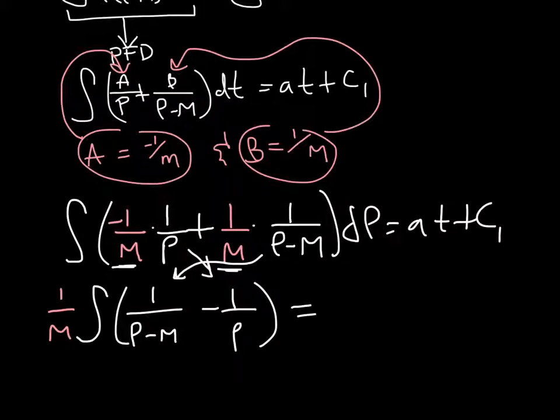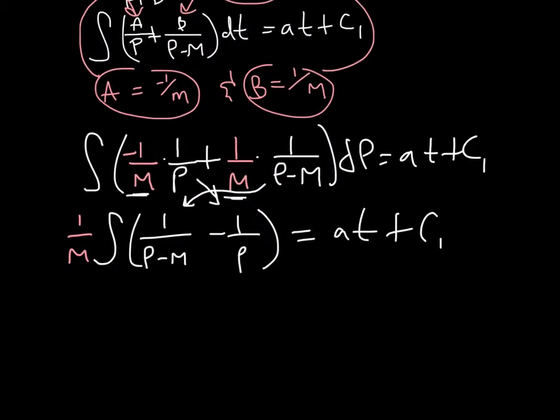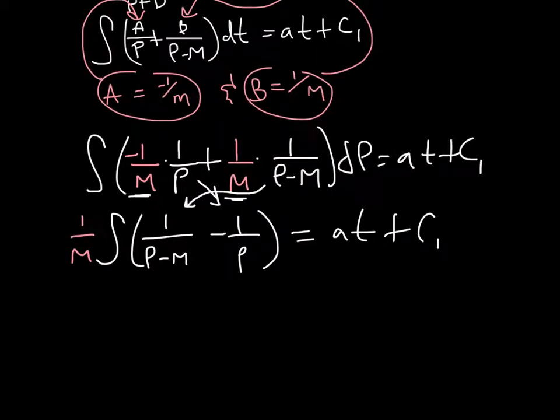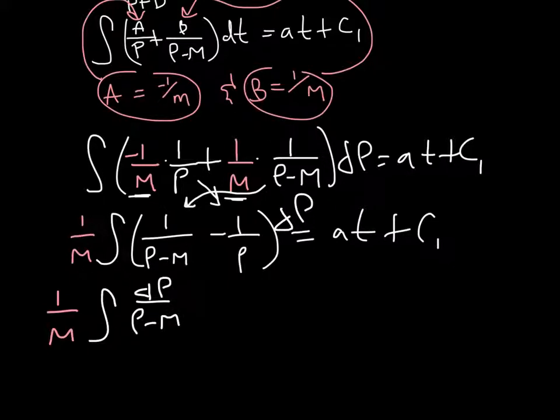And again, we have the same thing on the right-hand side. And this is very, very nice. And actually, I don't want to forget my dp. So 1 over m, and now again we can split these guys up. This is really dp over p minus m minus the integral, well, this one's not too bad, dp